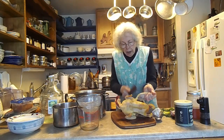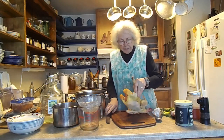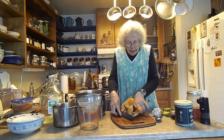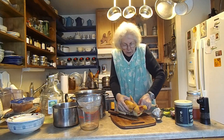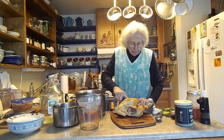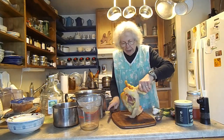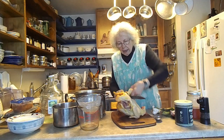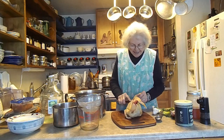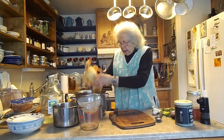And after I get it in, this probably looks a bit awkward. Okay, I don't think I did this one quite right. I know I didn't. Would not make a good butcher. All I want to do is get the thing off of there, get it down. Okay, the rest I'm just going to put in,